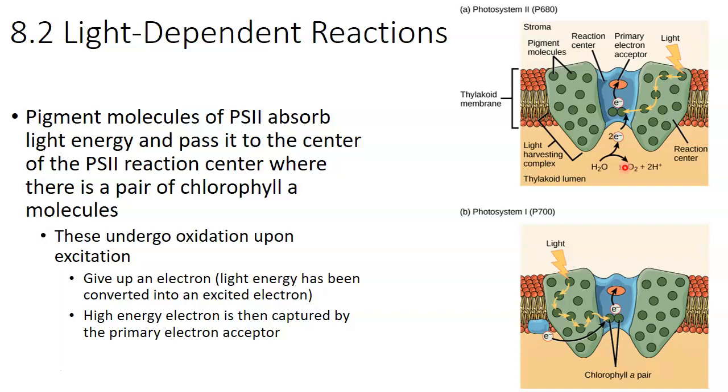Okay, let's see what I missed. So again, pigment molecules in photosystem 2 are going to absorb light, pass that energy to the very center of the photosystem 2